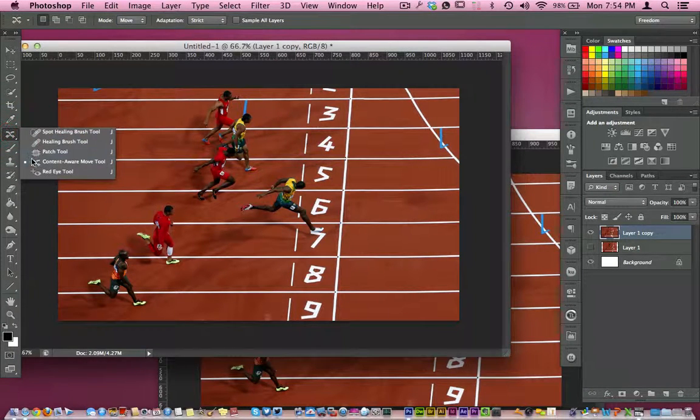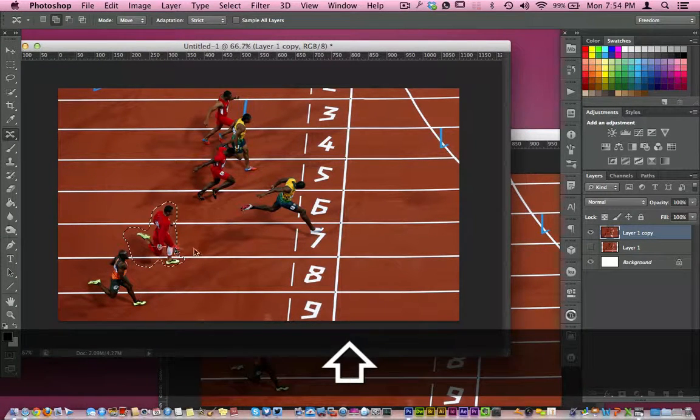So I'm going to come back over here to my Content Aware Move tool. I have the Move, and I still have Strict selected. Like I mentioned before, as far as the shadow, what people can tell if the photo is real or not is usually based off the shadow. So I'm grabbing this guy right here, and I'm grabbing his shadow as much as I possibly can. So now that I've selected him, I'm going to hold my shift key, hold down,